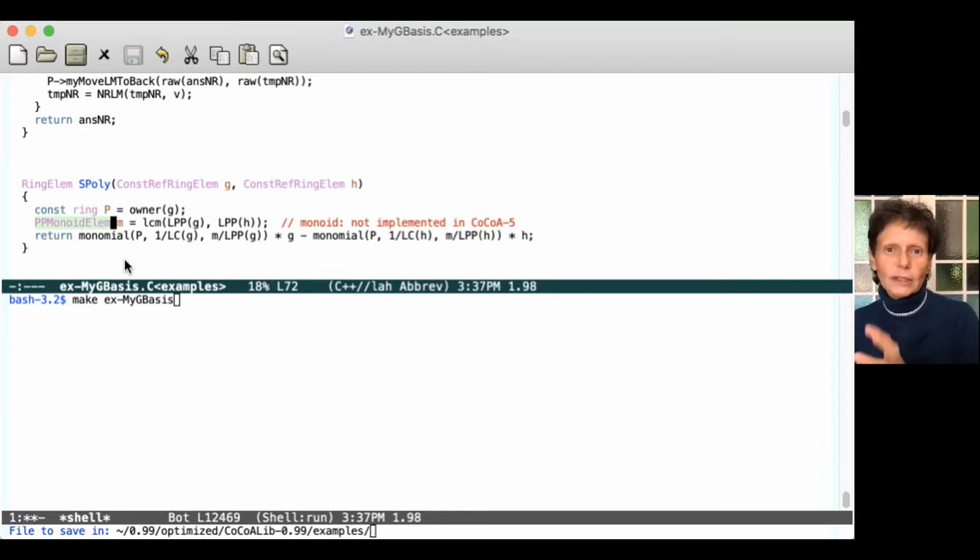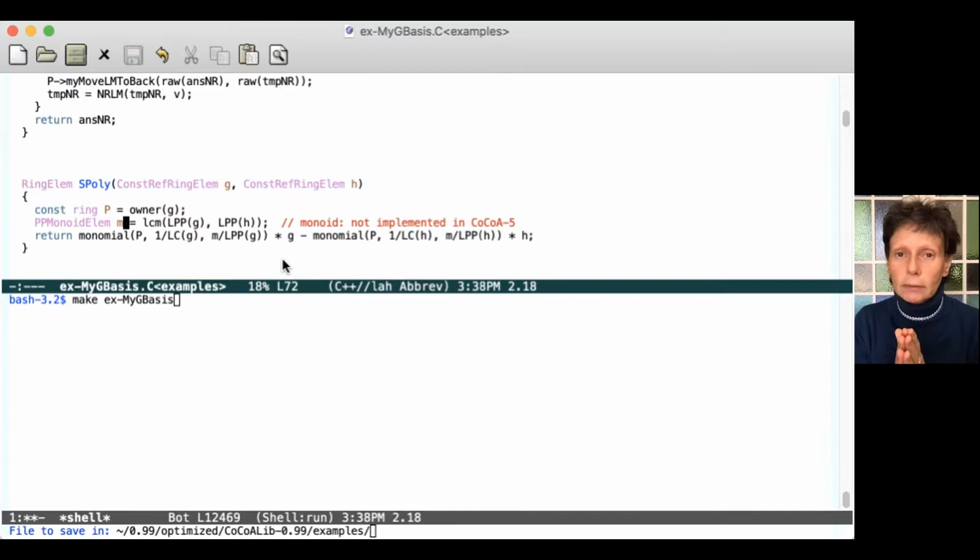And a monoid can be associated to coefficients with rationals or coefficients with F13 or whatever. So we have this algebraic structure, which is just the monoid, where we have only the multiplication of the power products. So the LPP is actually a monoid element. It doesn't know